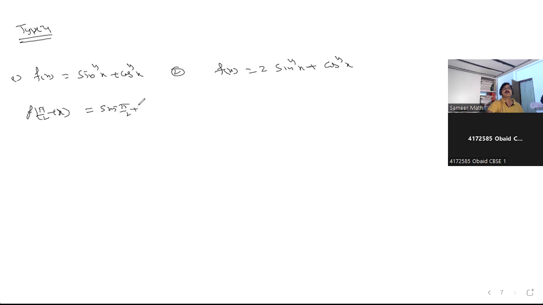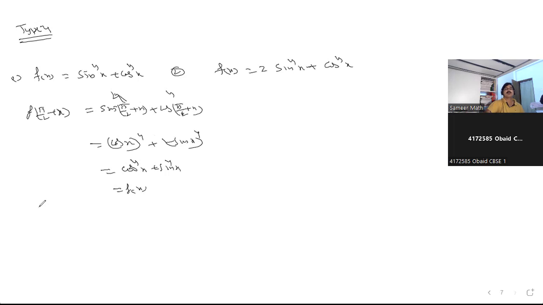Sine pi by 2 plus x power 4, cos pi by 2 plus x power 4 is there. So of course cos x you are getting, but power 4 is there. Minus sin x you are getting, power 4 is there. Nothing to worry. You will get again cos to the power of 4x plus sin to the power of 4x. That is the same function you got. So the period is